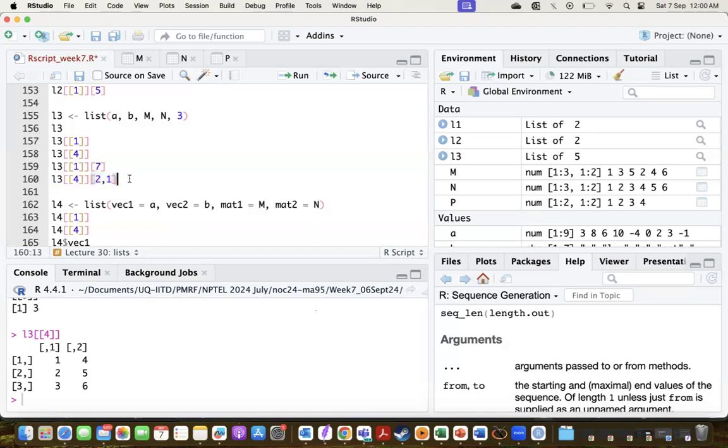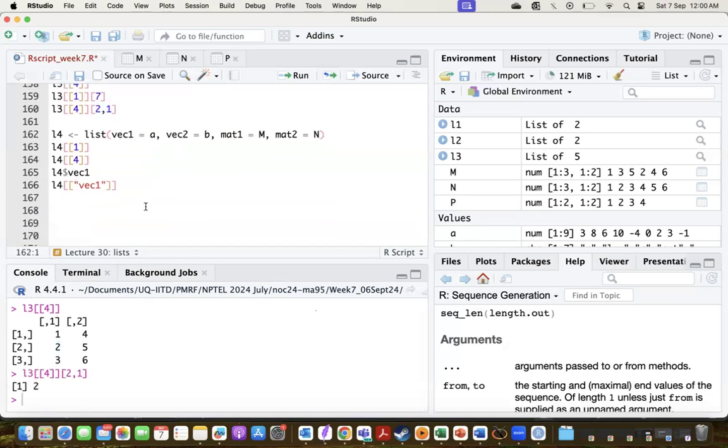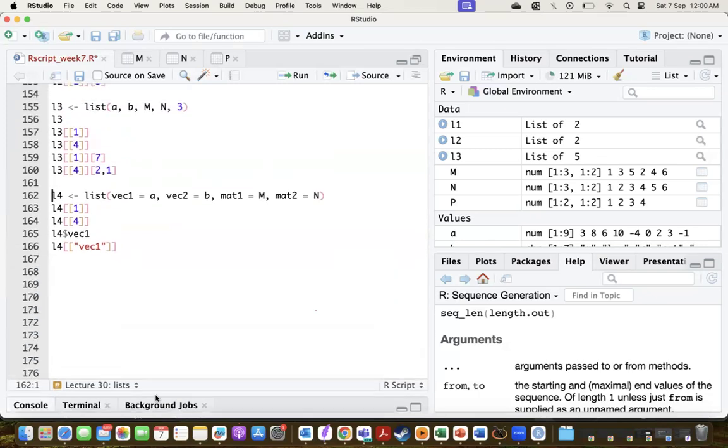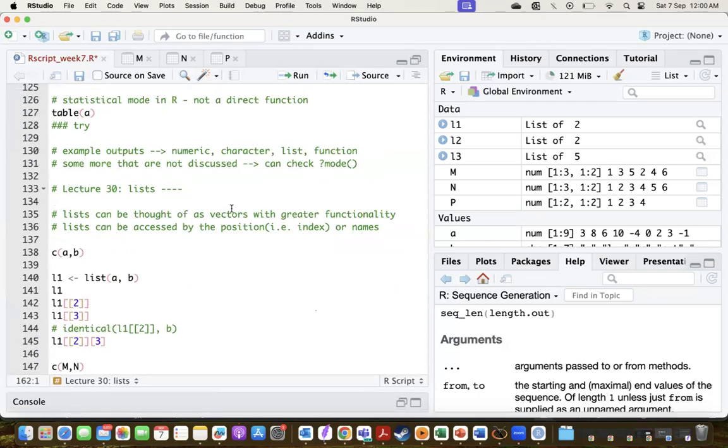Yes, correct. So this is typical matrix notation, second row, first column. That's this. Yes, perfect. Okay, great. Now, one more additional functionality of matrix, which I've mentioned here, is that in addition